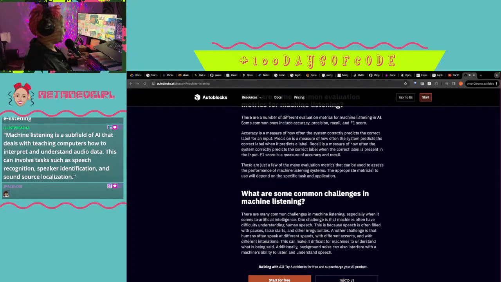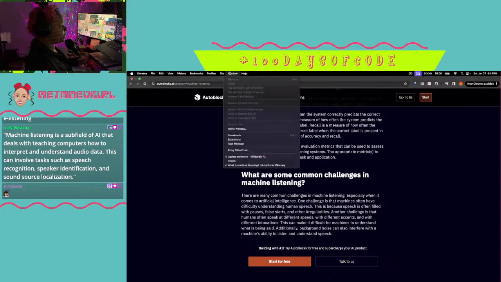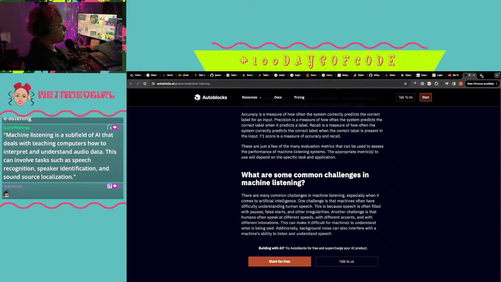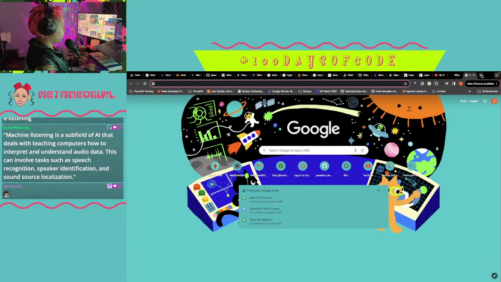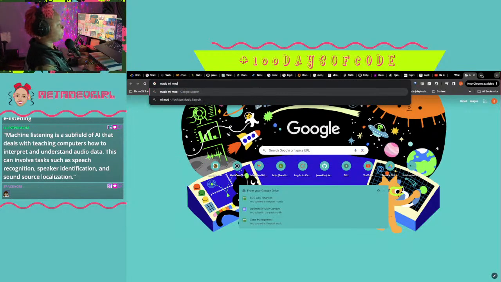I have decided that, period. I had a tab open too because I want to explore, let me see if it's still open. I think I closed it. I want to explore music ML models.